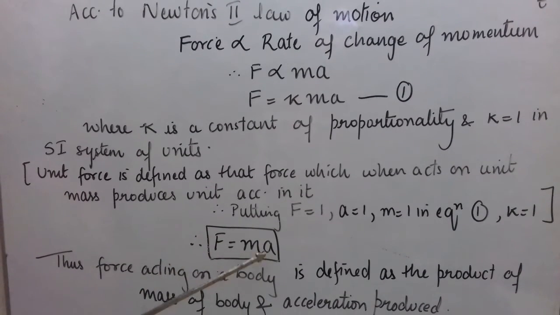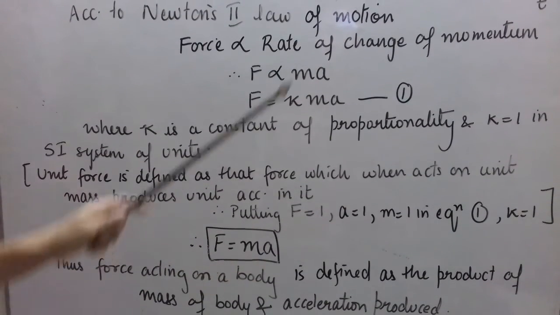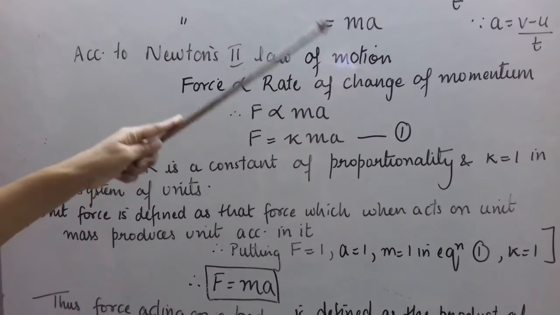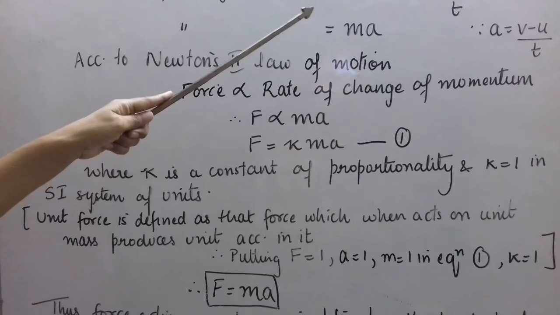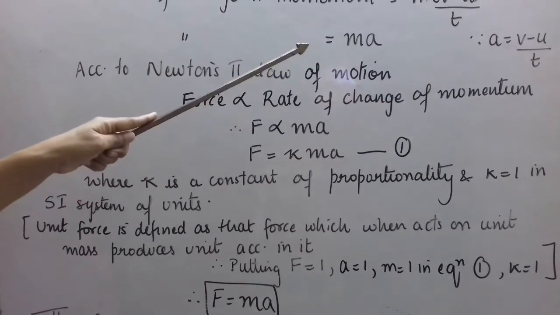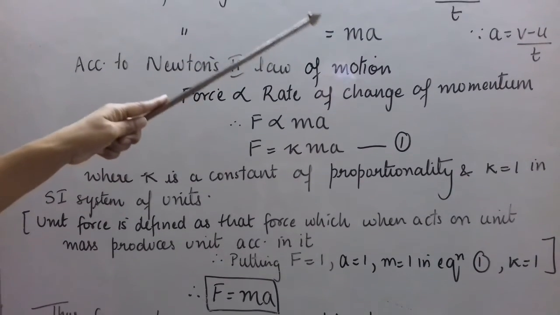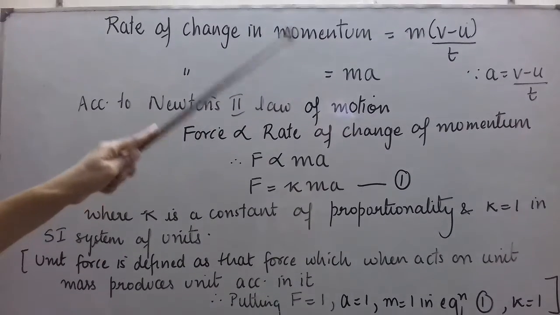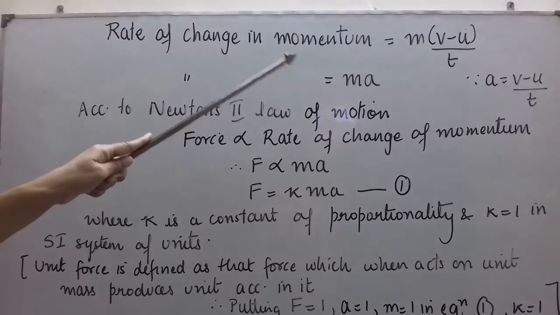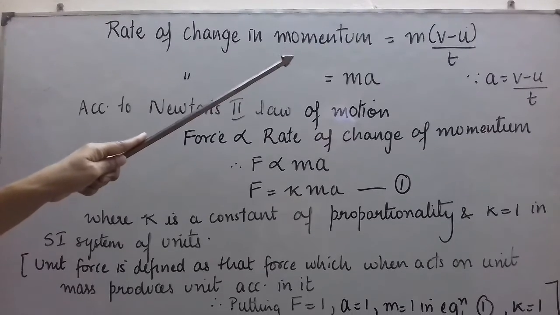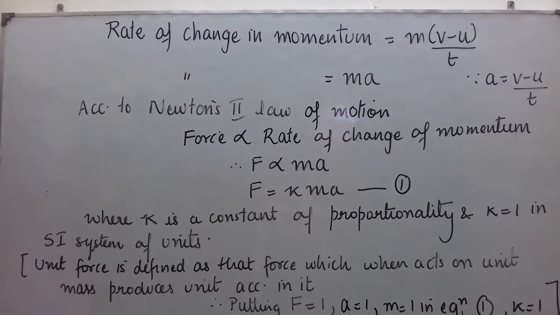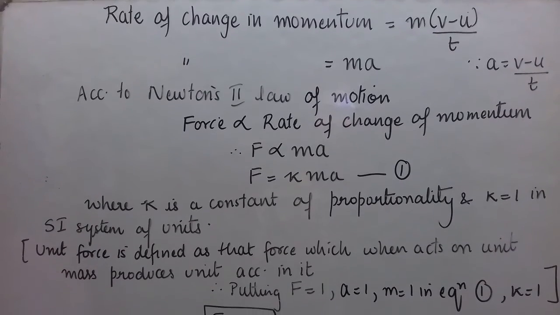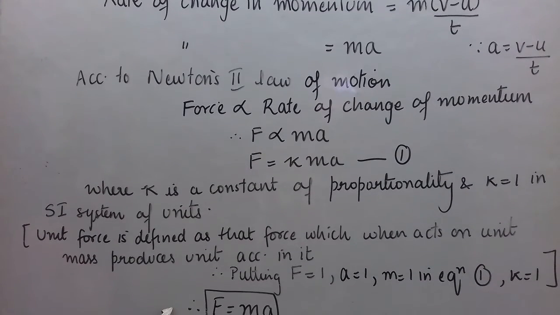And if we see, acceleration is v minus u upon t. If we multiply acceleration by constant m, we get rate of change of momentum. So mv minus mu in the numerator is changing, and for a given t that is fixed, and that is called change in momentum in the numerator. And hence the statement, the rate of change of momentum is directly proportional to the force applied. This was clear to you.